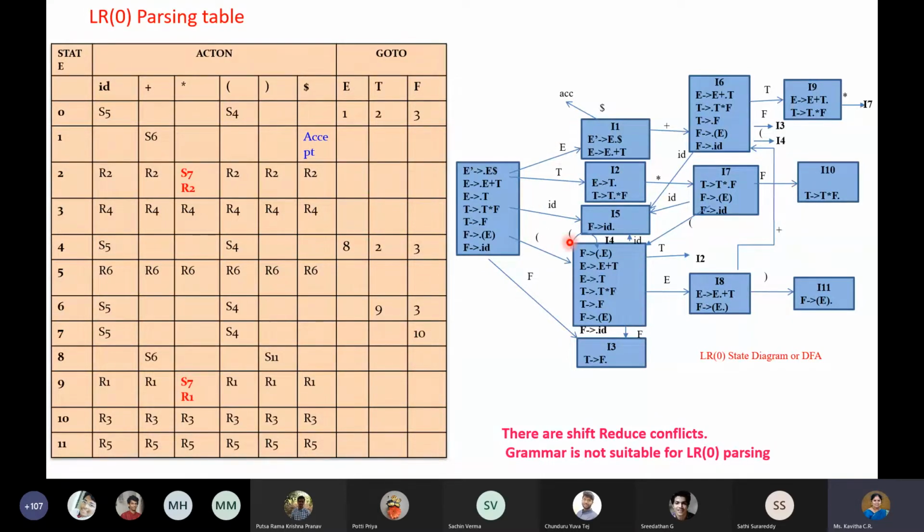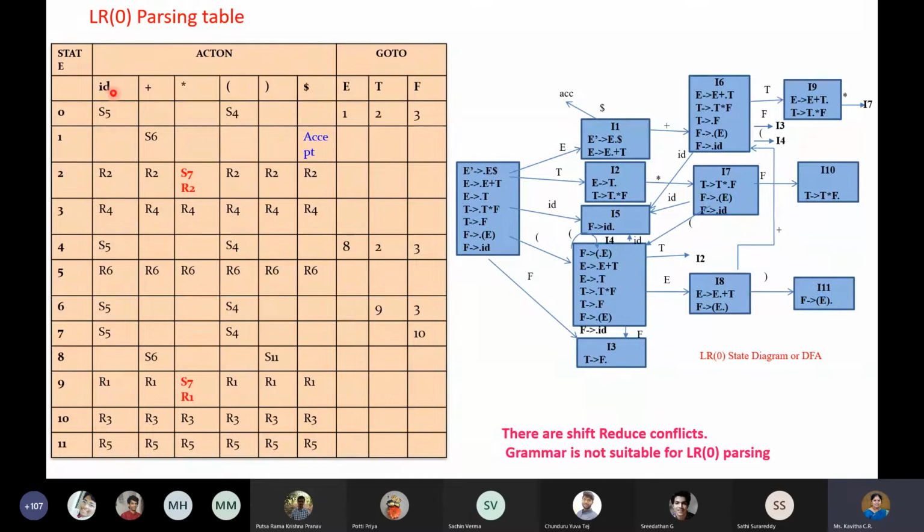Similarly, for the terminal symbols also we have to do. But for the terminal symbols, we use the name called shift. Instead of go to, we use shift. So this S stands for shift action and R stands for reduce action. S means it is the shift. Shift to what? The subscript, whatever I have represented here, is nothing but the state number. The subscript for S is nothing but the state number. Similarly, the subscript for R is nothing but the rule number, which I had already labeled 0, 1, 2, 3, 4, 5, 6, like that. That rule number only we are using here.